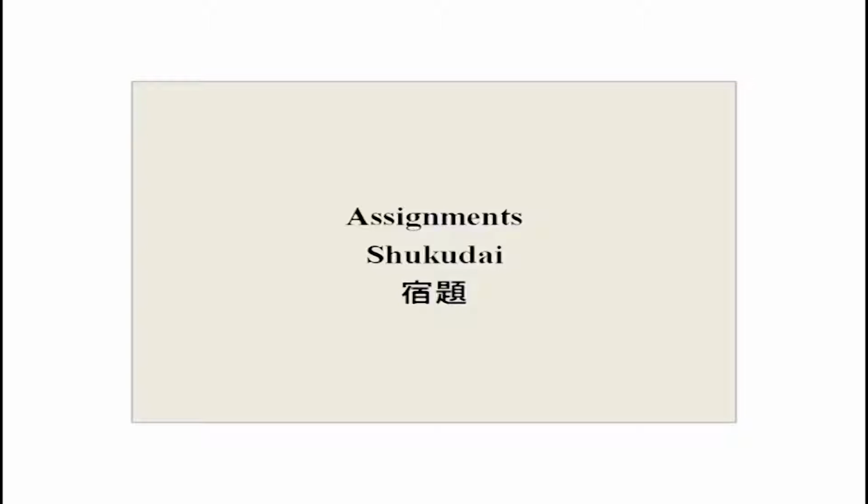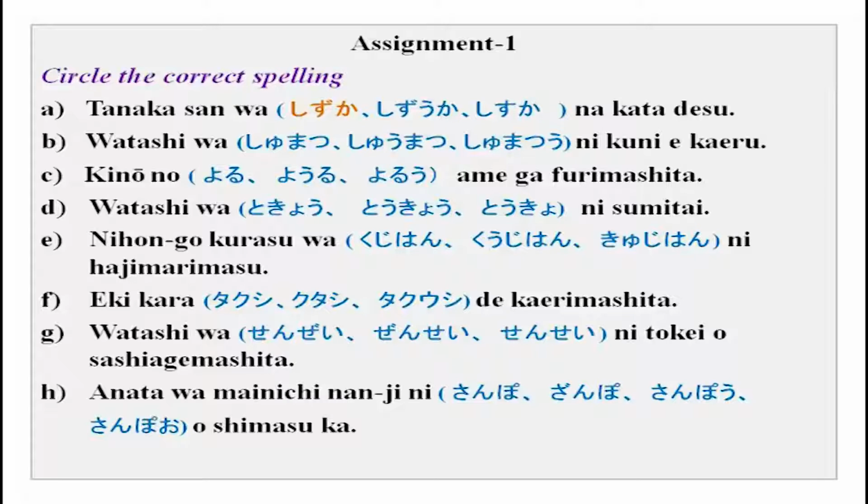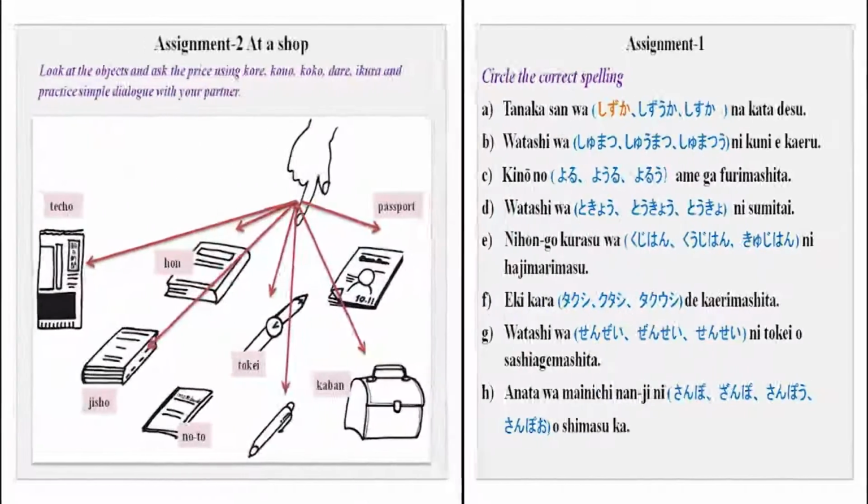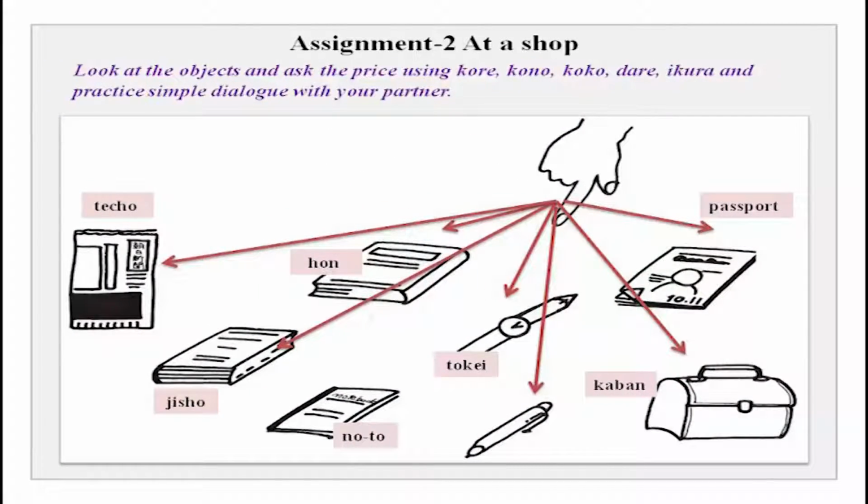And in the end, we have Shukudai for you. My work is over. I have taught you whatever we were supposed to do in this lesson. Now, it is your time to practice what has been taught. So, there is Shukudai for you, there is work for you. Circle the correct spellings. Then we have look at these pictures and ask price using kore, kono, koko, dare, ikura, which we have done in our previous lessons. List the price, ask your friends, do small kaiwa,